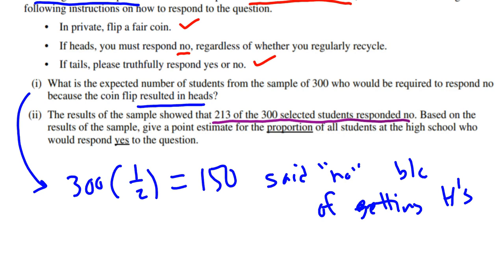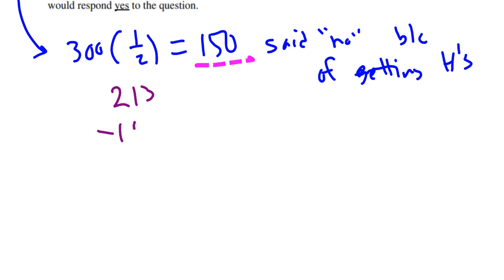Of these 213 students who said no, 150 of them just said no because the coin made them say no. So what does that mean? It means that you have 213 no's the teacher got, minus 150 of them that came because they flipped the coin, which means you have 63